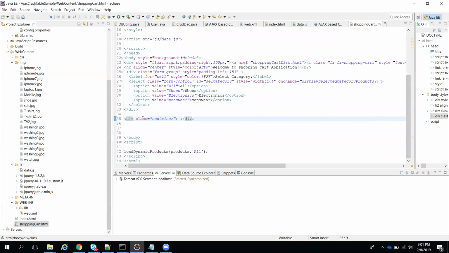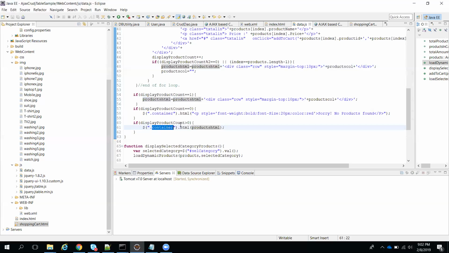So this class I'm using. See, at present I have not hard coded any HTML here, everything is coming dynamically. I removed whatever static HTML was there earlier. Now I'm getting the data from the JavaScript only. See, this container is where we attach whatever HTML we are adding. So this logic, you guys understand.